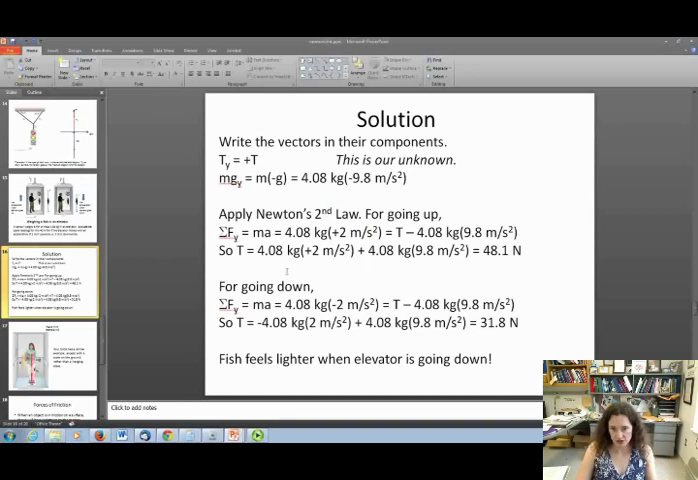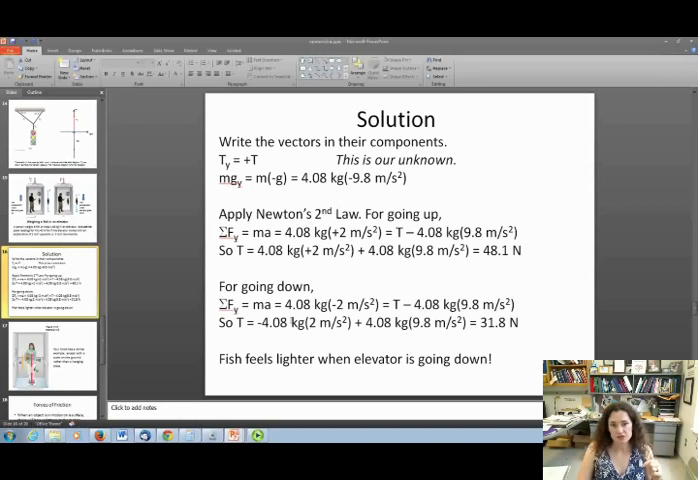And the tension here is equal to 4.08 times 2 plus 4.08 times 9.8. And when I solve for that, I get 48.1 newtons for the apparent weight of the fish when the elevator is traveling up. If the elevator instead is going down, the only thing that changes is that the sum of